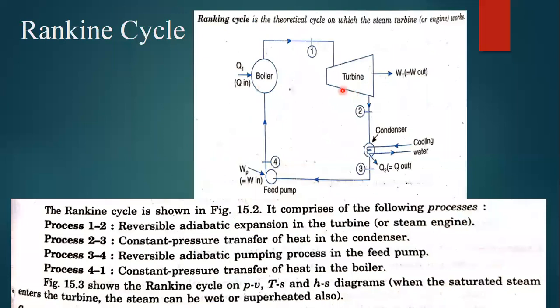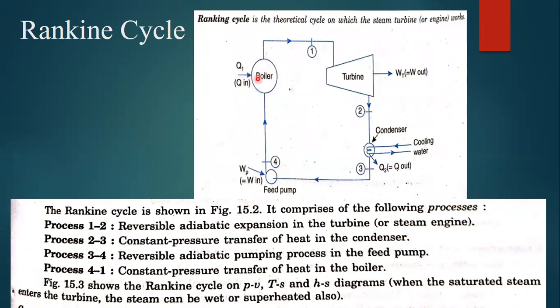For suppose the boiler, we need to consider the boiler here. And what is the input to it? HF4 is the input, and what is the output? The steady flow energy equation is nothing but taking all the inputs on the LHS and all the outputs on the RHS. So the boiler inputs are HF4 as well as Q in. Steam is going to get into the boiler at enthalpy HF4, and this is going to be Q1.